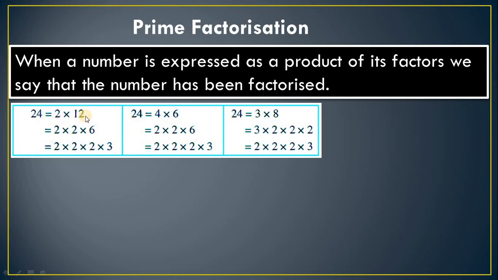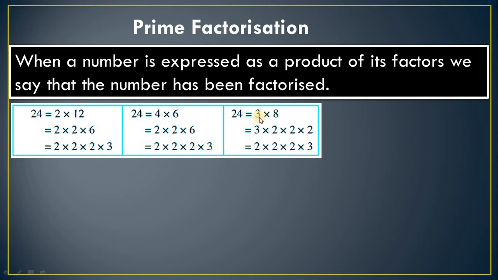So you just break that number. That is the simple logic to remember. If you break it as 2 into 12, further you cannot break the 2, but you can break 12 again. So it can be written as 2 into 6. Then 6 can be written as 2 into 3. Then at last you cannot break that number, or you cannot divide that number. This number then doesn't have a factor. So this is prime factorization. 24 can also be written as 4 into 6, means you can do it in various ways. It's up to you. Here 4 can be written as 2 into 2. Then in the next step you can write 6 as 2 into 3.